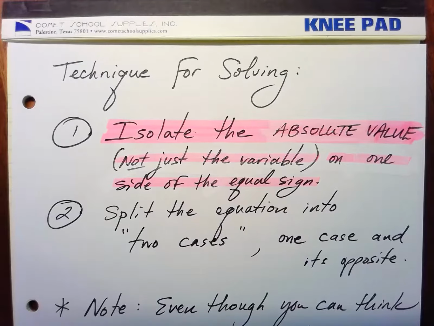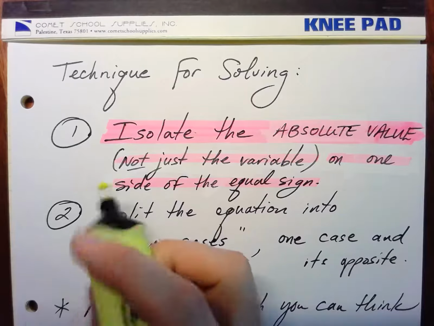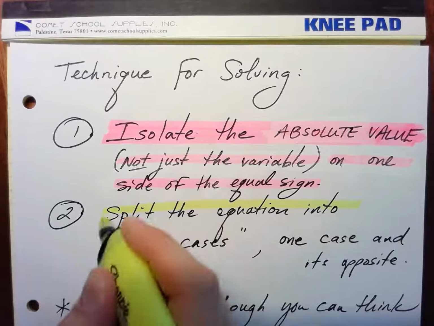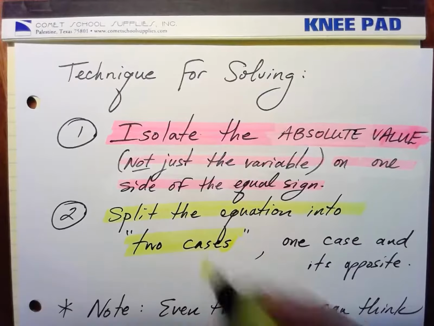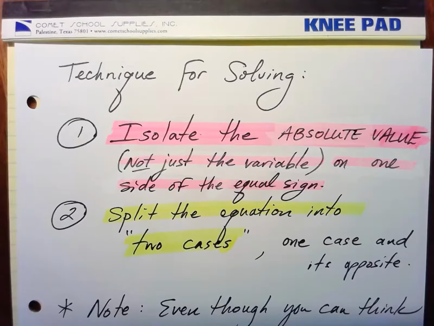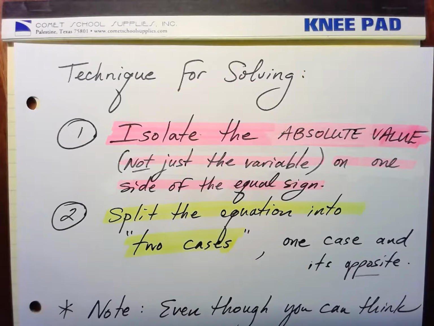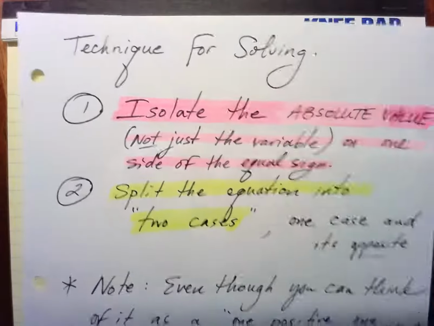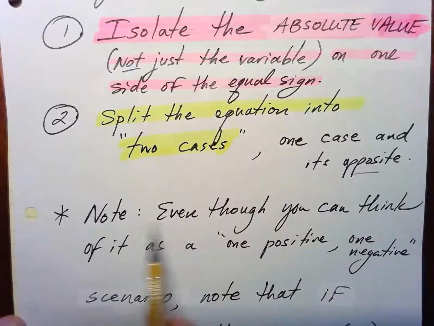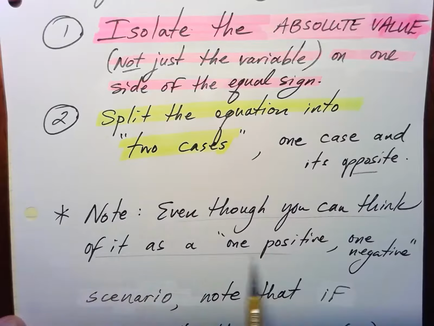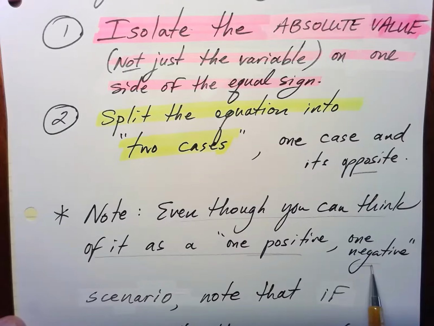And then, this is also new, we're going to split the equation into two cases. These will be kind of the positive and negative version of each other, which I'm going to start calling opposites. They're really called opposites because it doesn't have to be positive and negative. It might be backwards from what you would think. Note, even though you can think of it as one positive and one negative because we're doing absolute value,